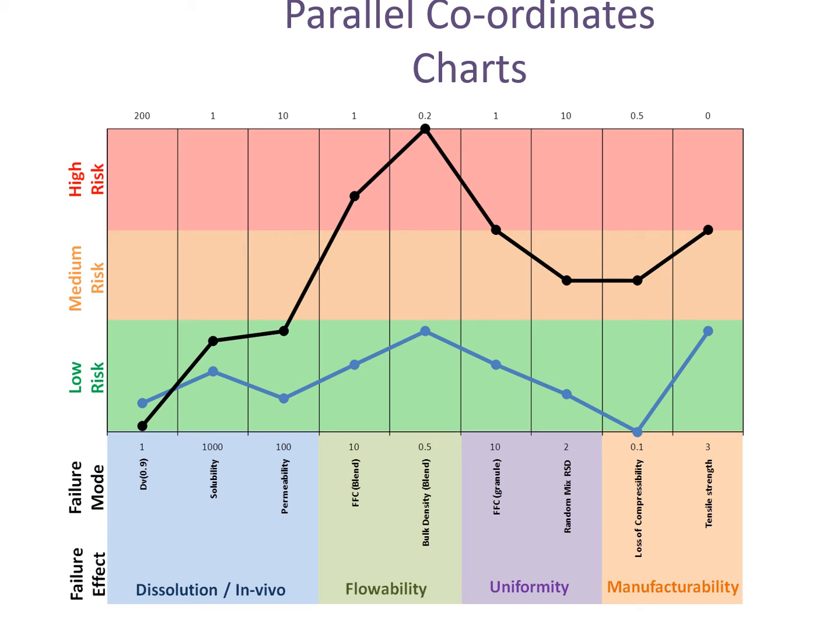So along the bottom here, we have different properties. So we have dissolution and in vivo on the bottom, flowability, which of course is a mechanical property, something about the drug process form uniformity, and manufacturability, about can you compress it and what the mechanical strength of the tablet is. And this represents 2 different molecules or particles which were examined. And we used the traffic light system. So, for example, this blue particle is mainly in the green, easy to process regime, whereas this black line is more of a particle which is a bit more difficult.